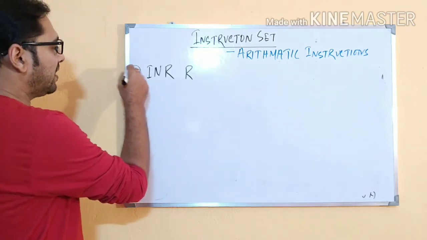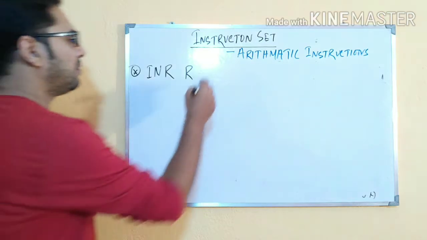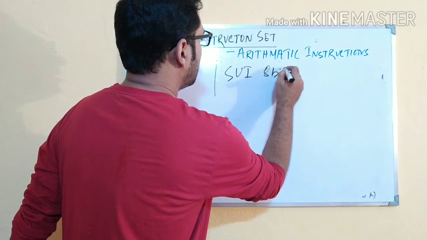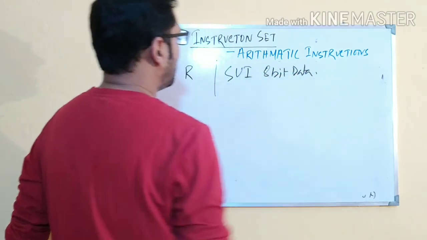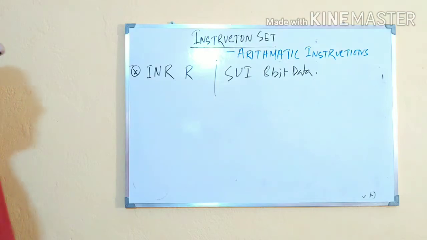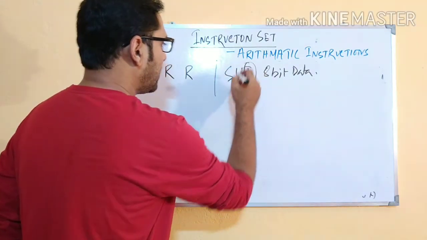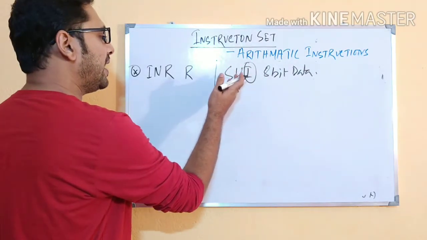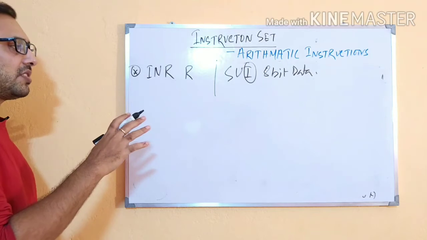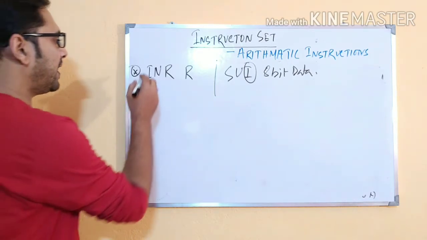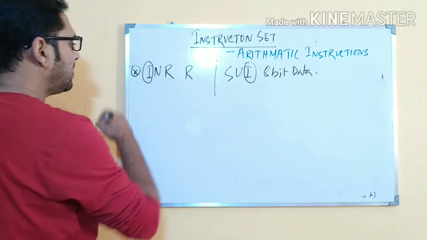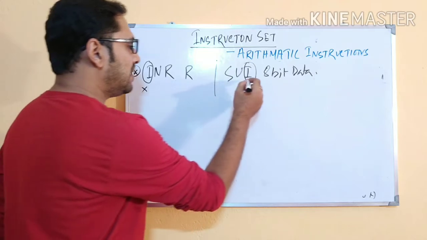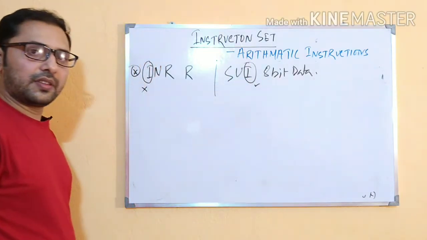One interesting thing here, I have always said, for example, the previous one is SUI 8-bit data. So finally we come to that kind of example. I have said I represent immediate data, but I also have said that if I is the starting letter of any opcode, then definitely I does not represent immediate data. So here you can find I is present, but it is at the beginning position. So this I does not represent immediate data, but these I represent immediate data. Hopefully you can understand.